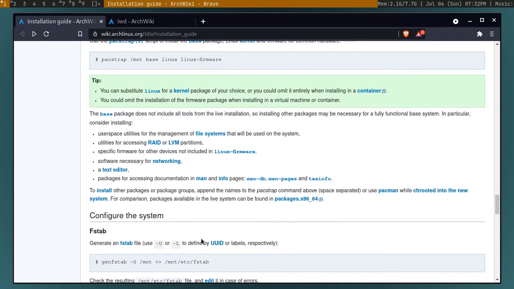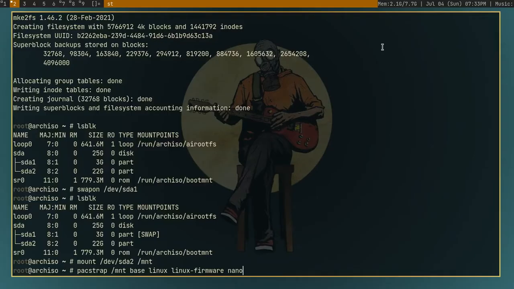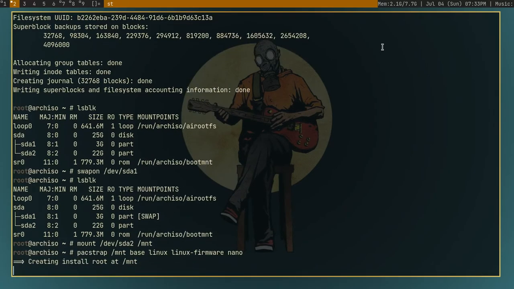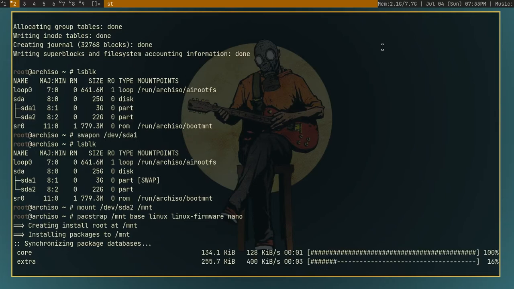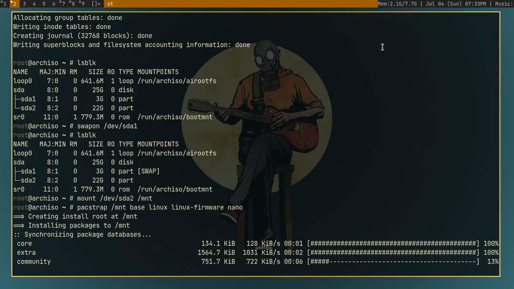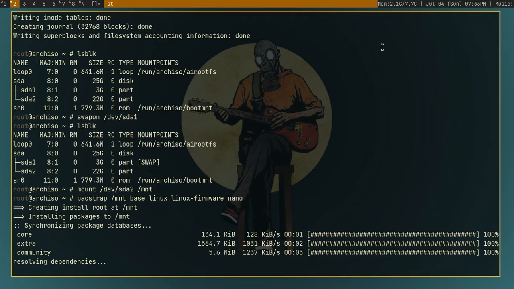We'll install the networking and stuff like that next, just after getting into the operating system. So yeah, I think that's enough. Hit enter. Now this is going to take a while. It will take around 10 to 15 minutes depending on your internet connection.